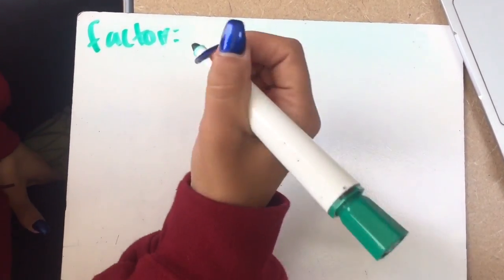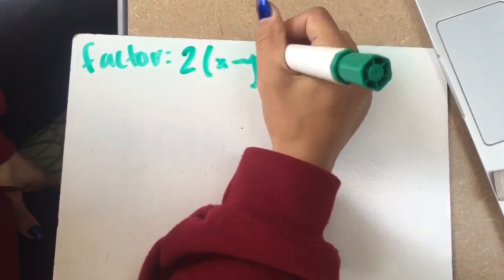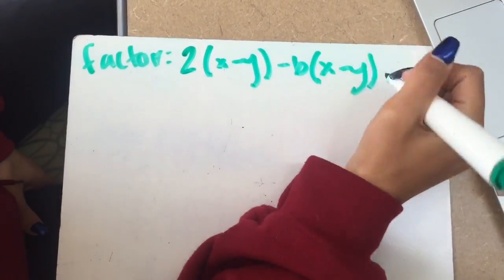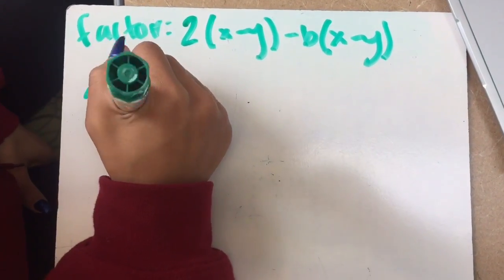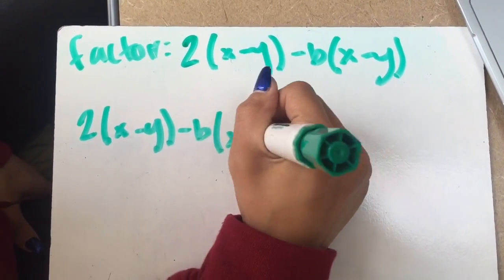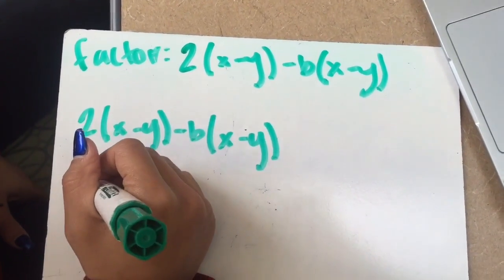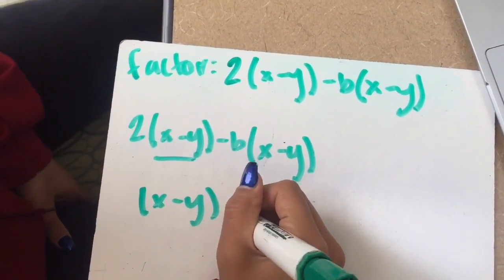Another factor that we chose to do is going to be 2x minus y minus b x minus y. To factor this out, you're going to write it out again as 2x minus y minus b x minus y. And the first factor that will come out is going to be x minus y. Then the second,